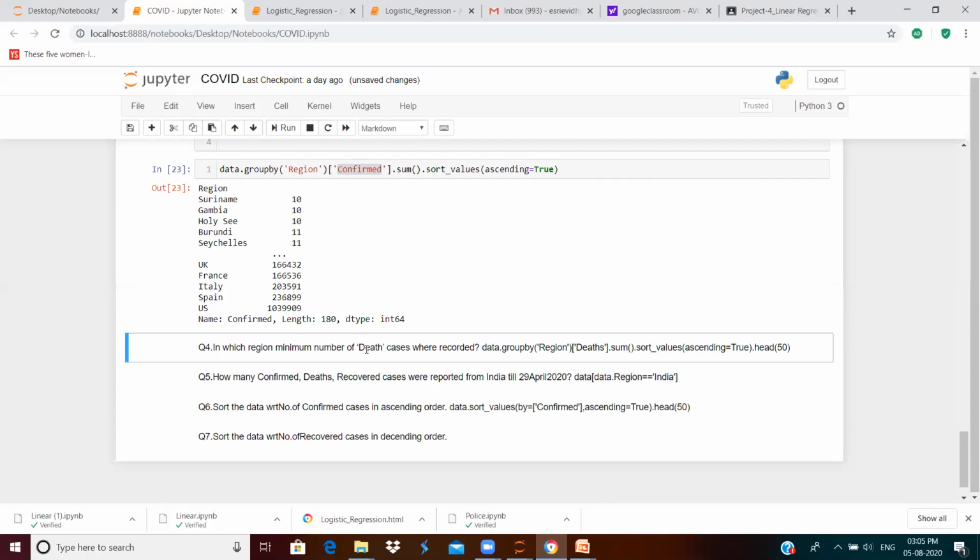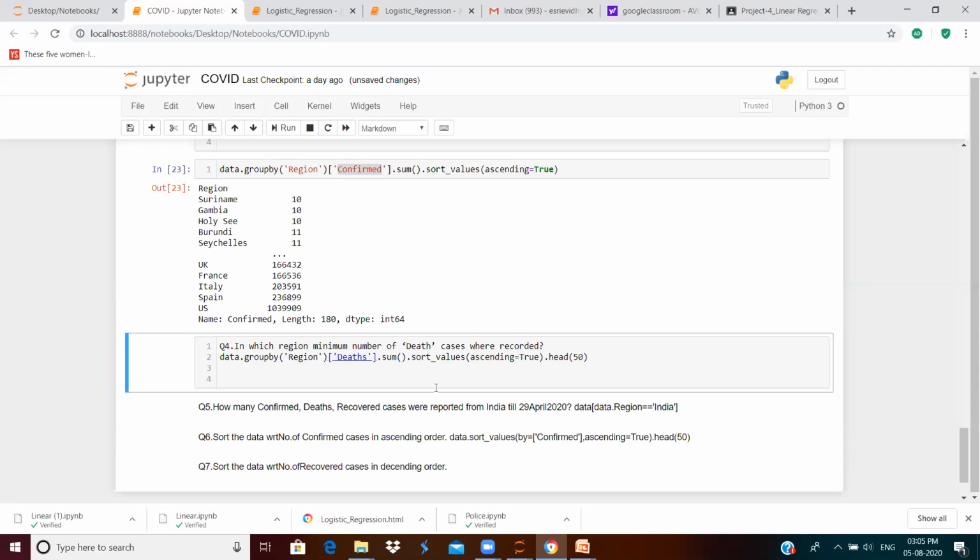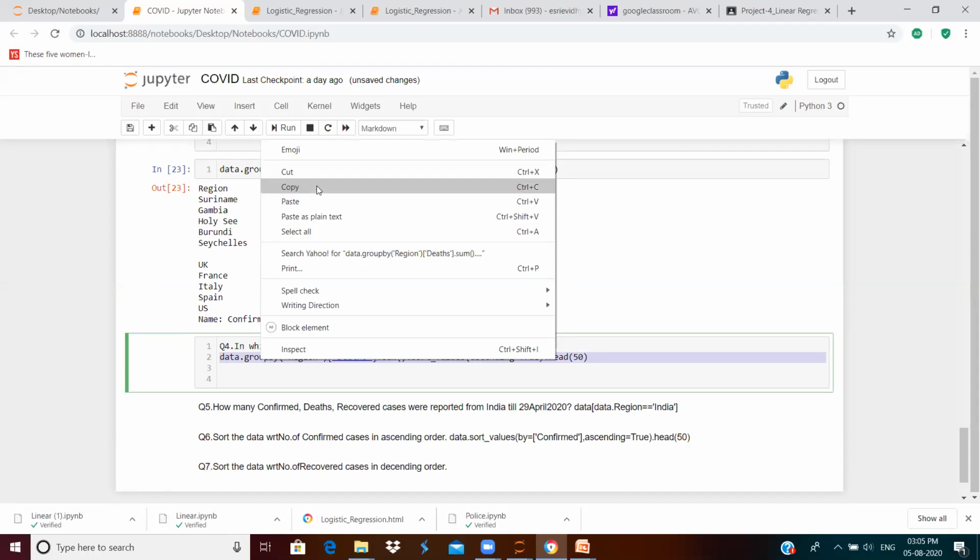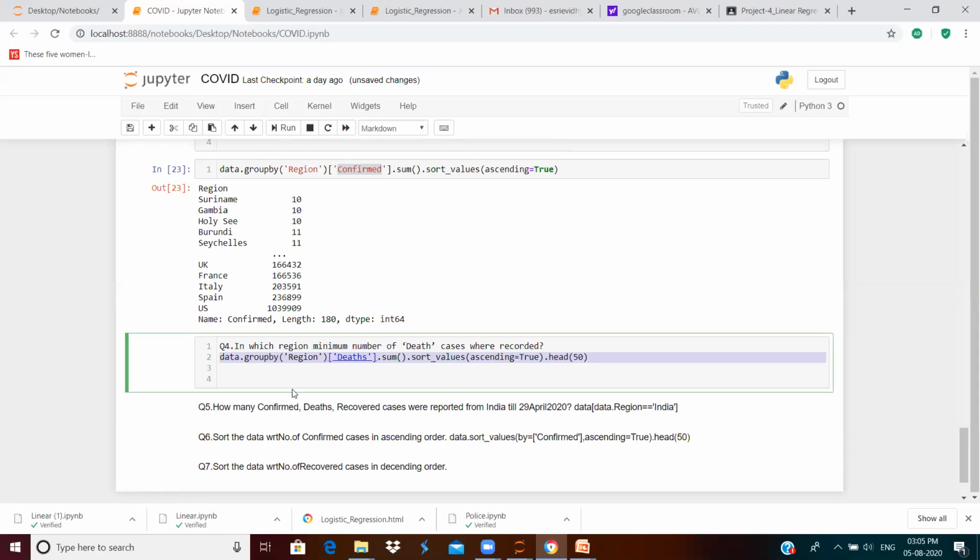Okay. The next question is, in which region the minimum number of death cases were recorded. So the same thing. I just want to clarify this ascending and descending to you. That is why I'm working on it.